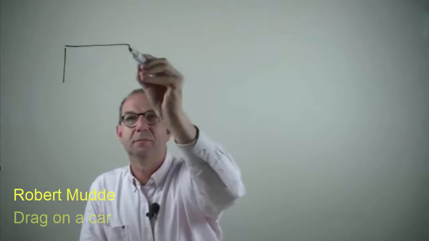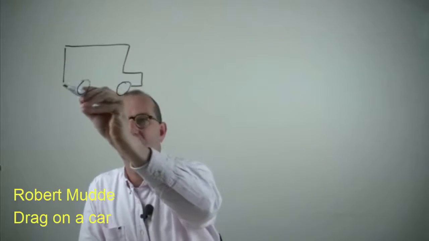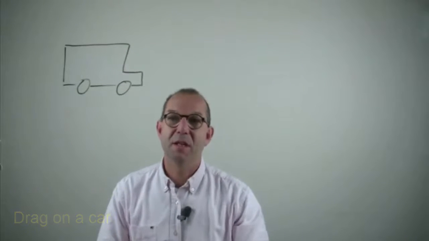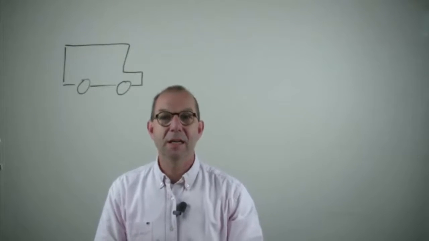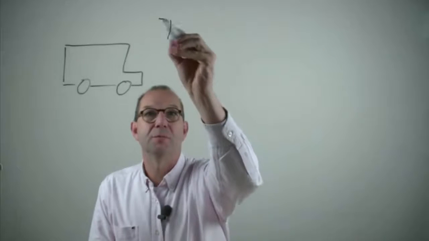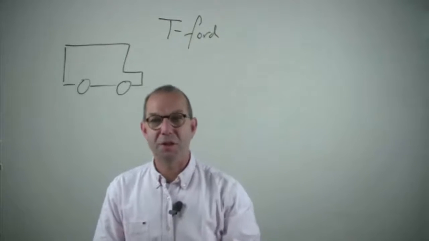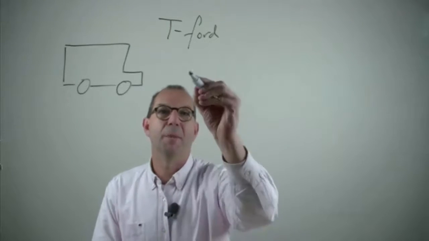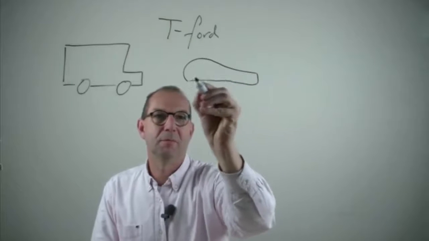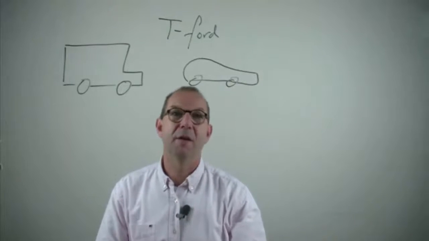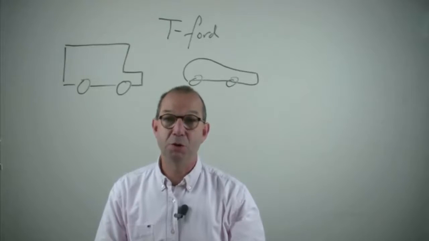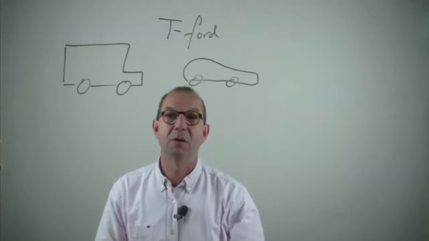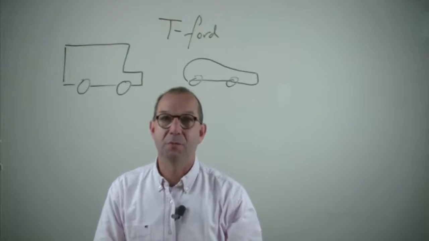In this example we're going to take a look at drag force on autos. Let me sketch one. This obviously is a not so streamlined car. The first cars, like the Ford Model T, started with relatively big frontal area. Modern cars are much more like this. They are streamlined and have a lower frontal area. What we would like to do in this video is find out how that influences the mileage of a car.